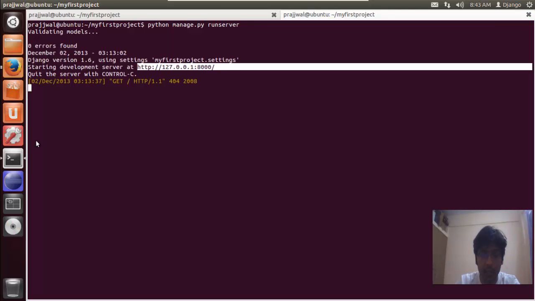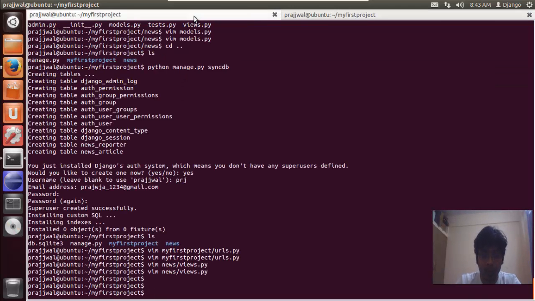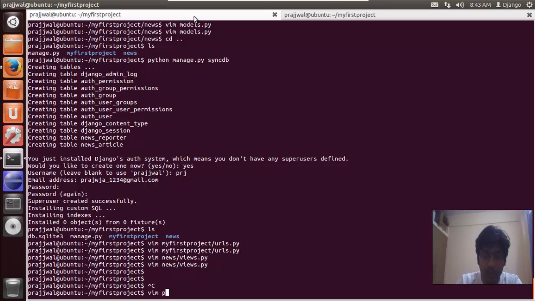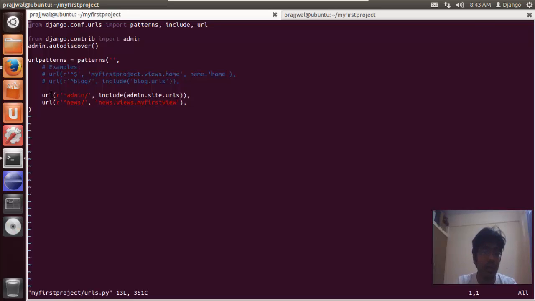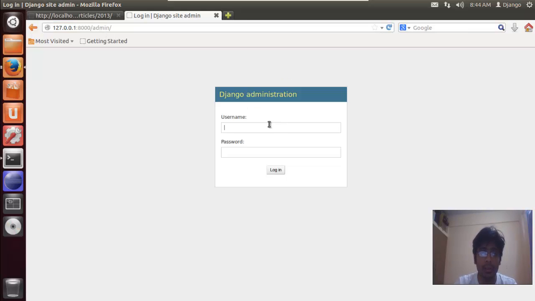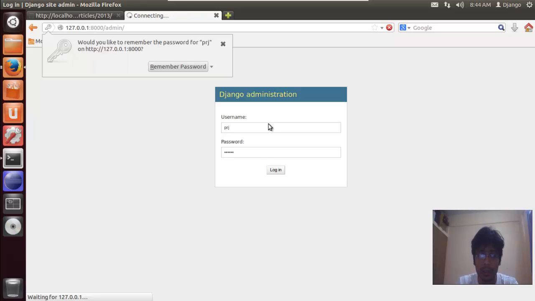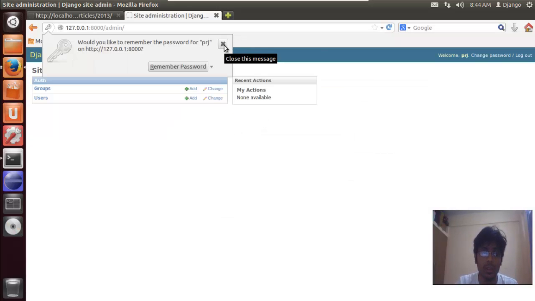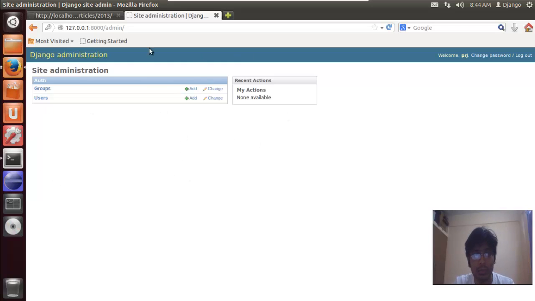If you go and have a look at the urls.py of my first project, it does not have anything that will match this particular URL. But if you type admin here, it will match that. So if you remember, I had given the username as prj and password as 123456. So this got logged in, but in this case we have not registered our model with the